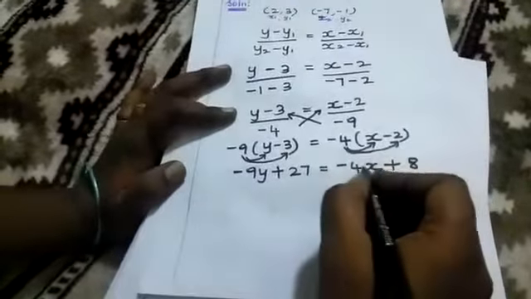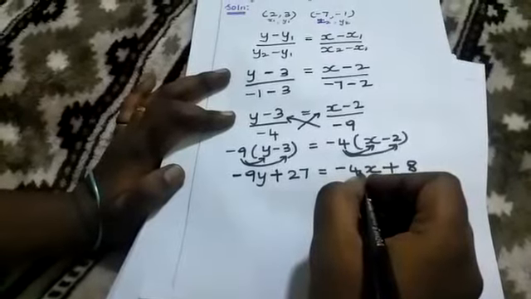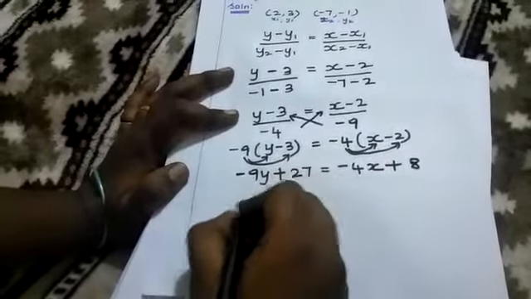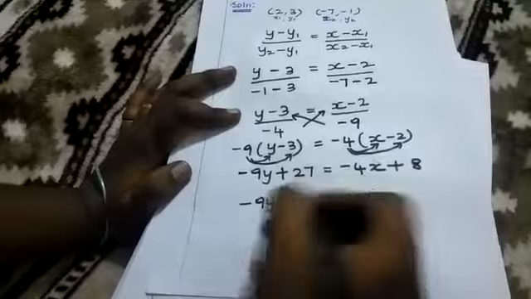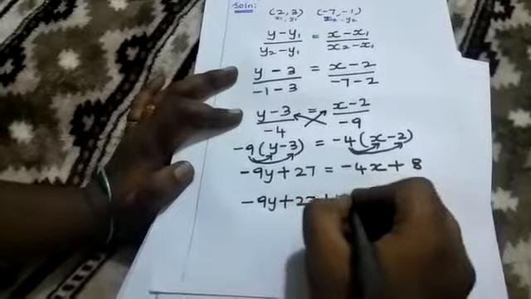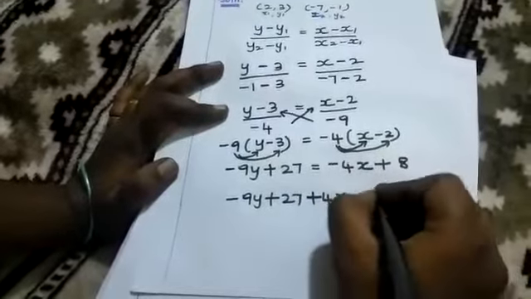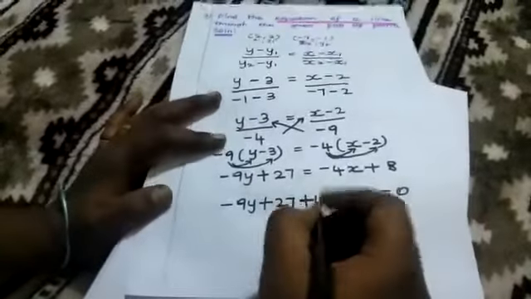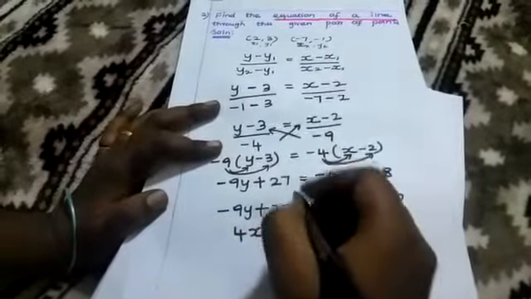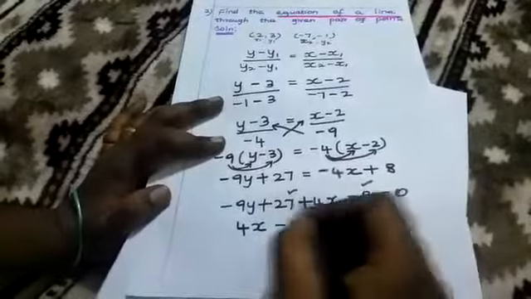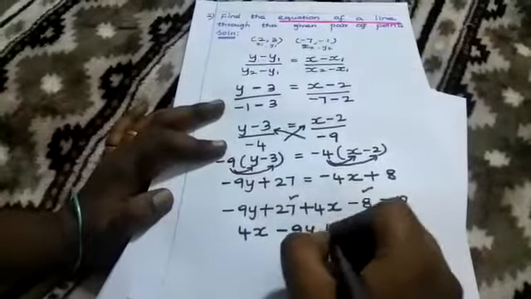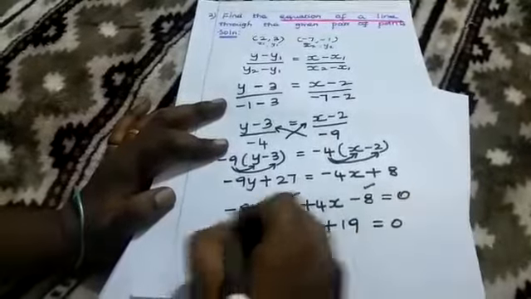So I told you already, x should be always positive. To make that positive, I need to take it to the left side. That is, for minus 9y plus 27, you write as it is. Now you need to take this one to the left side, that is minus 4x. While I am bringing this side, it will become plus 4x, and plus 8 while taking to that side will become minus 8 is equal to 0. Now x term should be written first, then y term, then at last constant term. So here we have two constant terms, so simplify it. 27 minus 8 will become 19. Here the greater number is positive, so plus 19, which is the equation of the straight line.